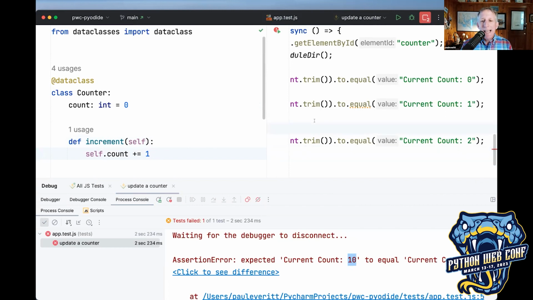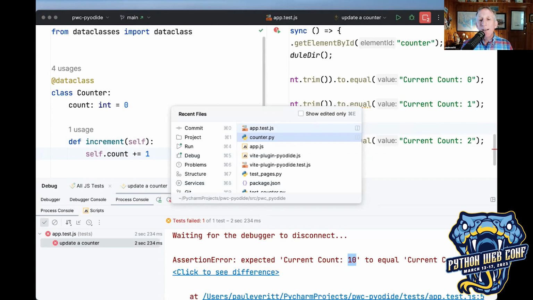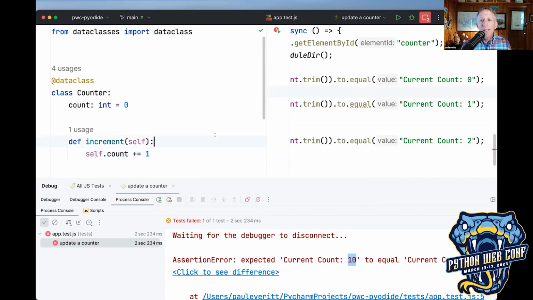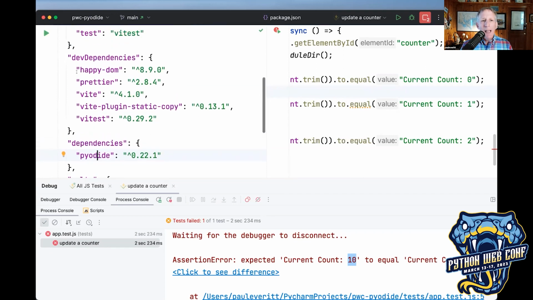Now, how is it able to do this? I would like to point out, it's been a long time since I went to the browser. Am I right? How am I able to do all of this, including clicking, without having a browser around? In the world of Node.js, there is something called, I'll go back to the tippy top, there is something called Happy DOM. It's a successor to JS DOM. And Happy DOM is a simulated, I'll say, browser, a simulated DOM in JavaScript for Node.js,